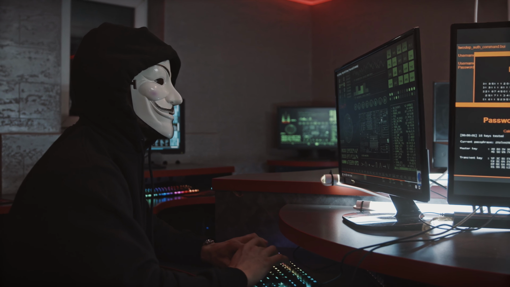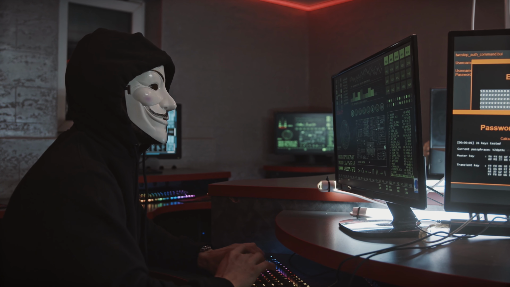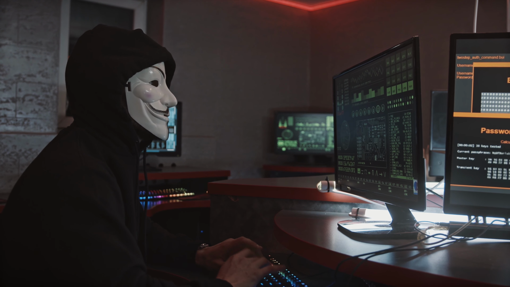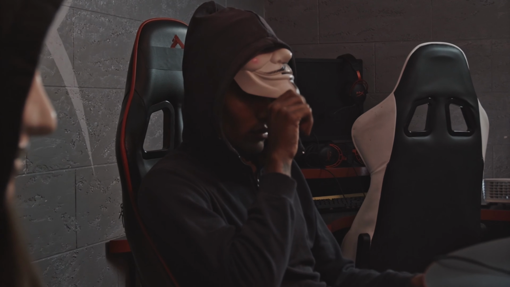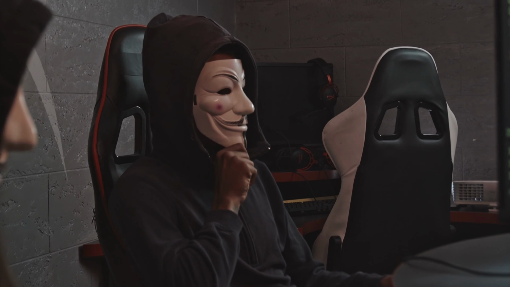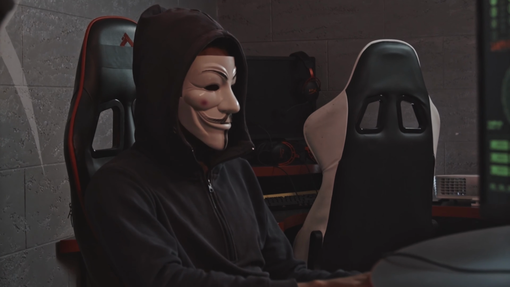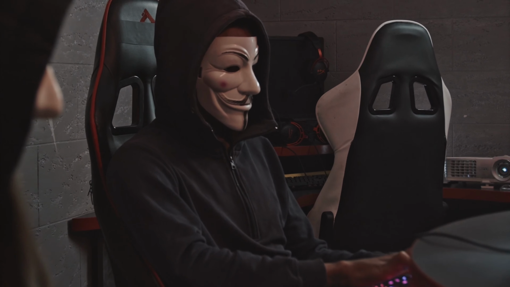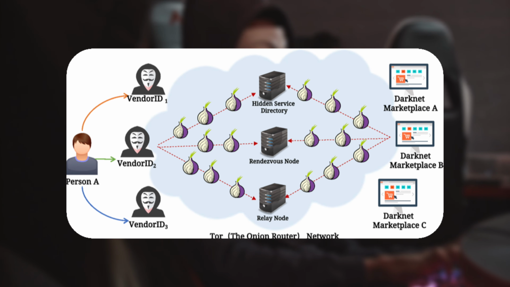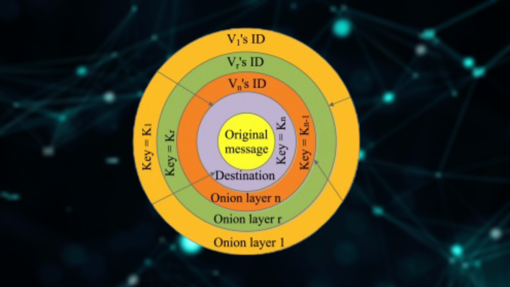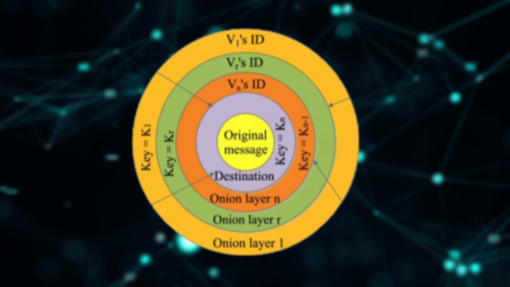This is not a place you stumble into, it's an intentionally concealed infrastructure, a protected overlay network requiring specialised software to access. To step into this realm is to put on a mask of digital invisibility, and the technology that makes it possible is one of the most powerful and misunderstood privacy tools ever built, the Onion Router, also known as Tor. The name Tor is the key to understanding the system.